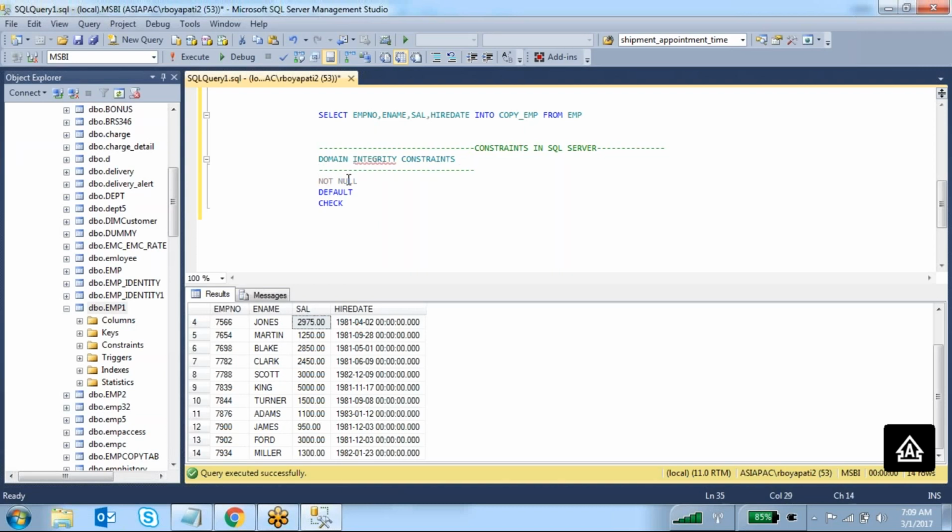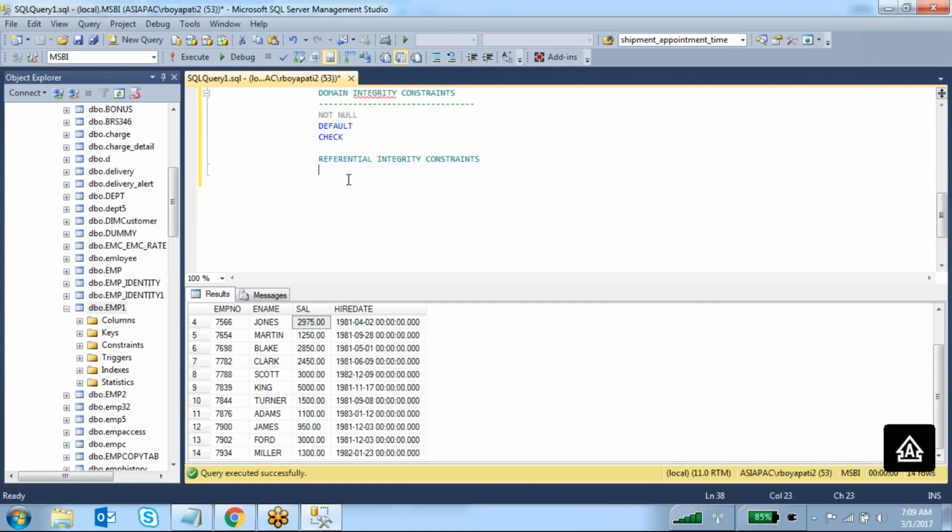Other than these three, we have the referential integrity constraints. What are those?